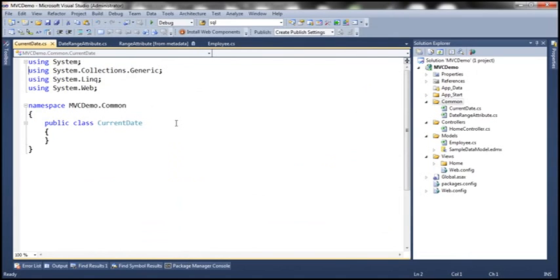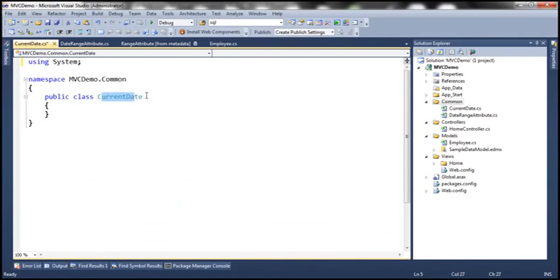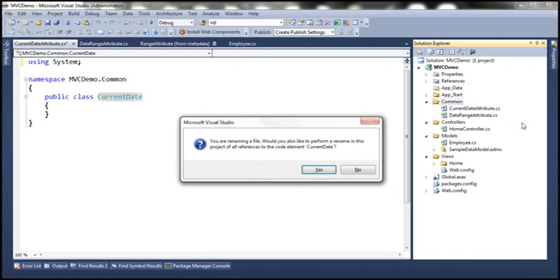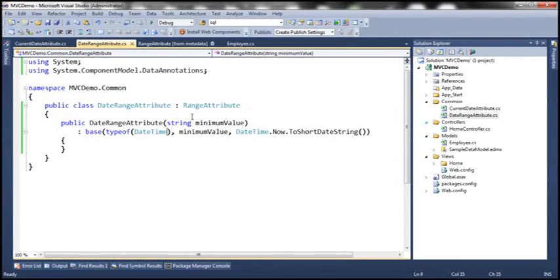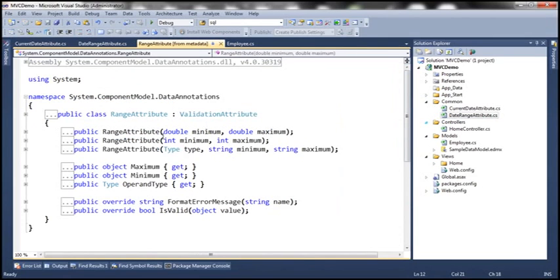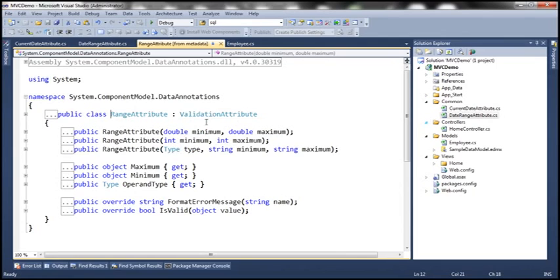And then again, let's get rid of the namespaces that we don't need. So now this current date class, actually let's rename that to current date attribute. Okay, so this current date attribute class is going to inherit from validation attribute. Now if you remember, this date range attribute is inheriting from range attribute class, and if you look at this range attribute class, that's inheriting from validation attribute class. So if you want to create a custom validation attribute, then we either directly or indirectly inherit from validation attribute